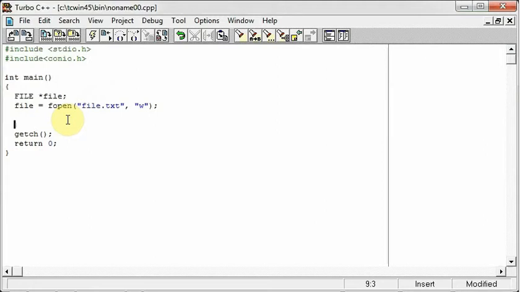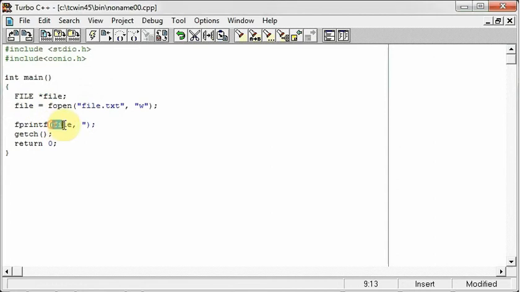To write text, we will require a function that is fprintf. We write printf for printing to the console, and we use fprintf, that is file print, to write contents to that file. Over here we first pass the file pointer, where our file is stored, not in quotation marks. This is the path that is defined over here.